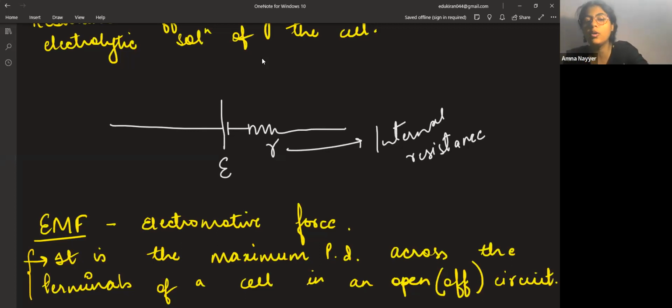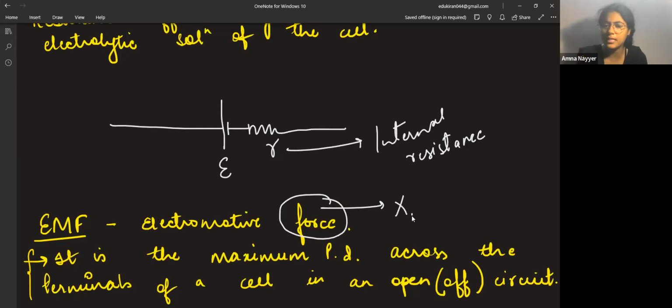Fine. Now talking about electromotive force. EMF stands for electromotive force. Don't go by the term force. This is not a force. This is just a misnomer. No force is present. This is exactly what you studied regarding potential. The SI unit is also voltage only. The SI unit of force is Newton. This is not any type of force. This is basically the potential difference that is applied.